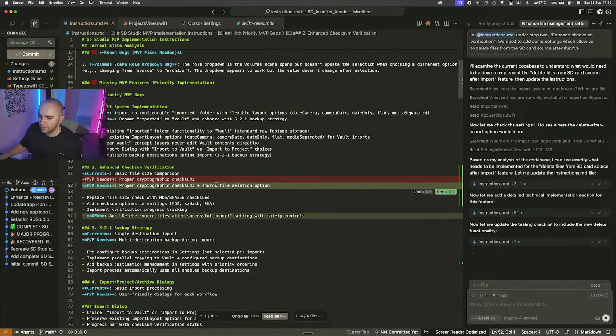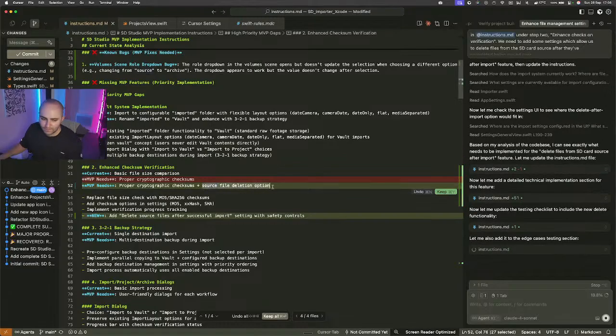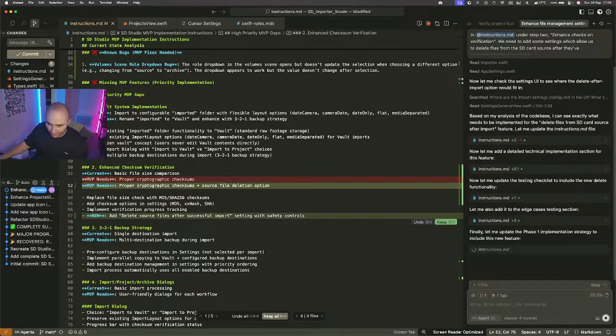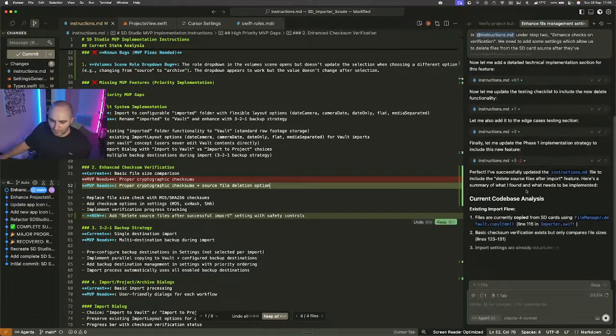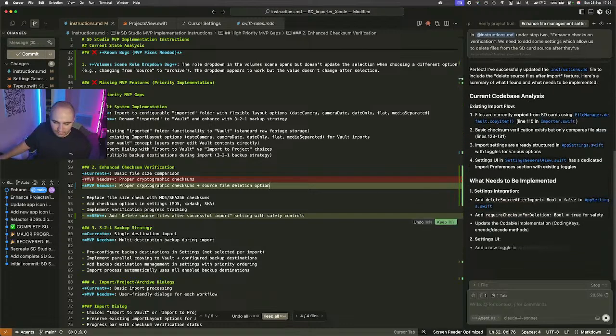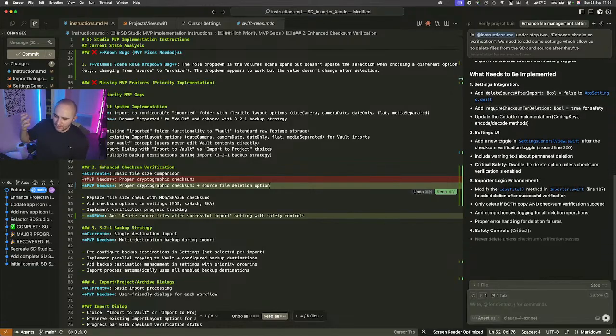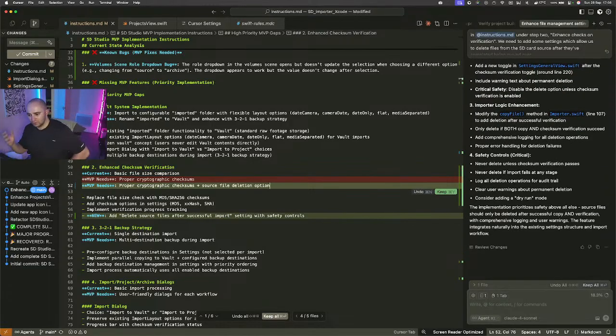So, source file deletion option. I've got a script which does this already. If anyone's interested in using this, it's already on my GitHub, which I'll link somewhere. Basically, this script which I've got is like a Python version of this. It already works fine. Like if I put an SD card in now,